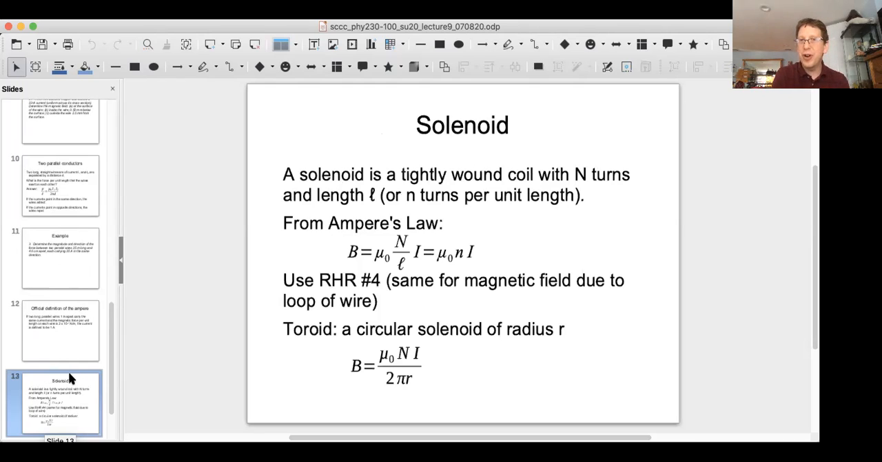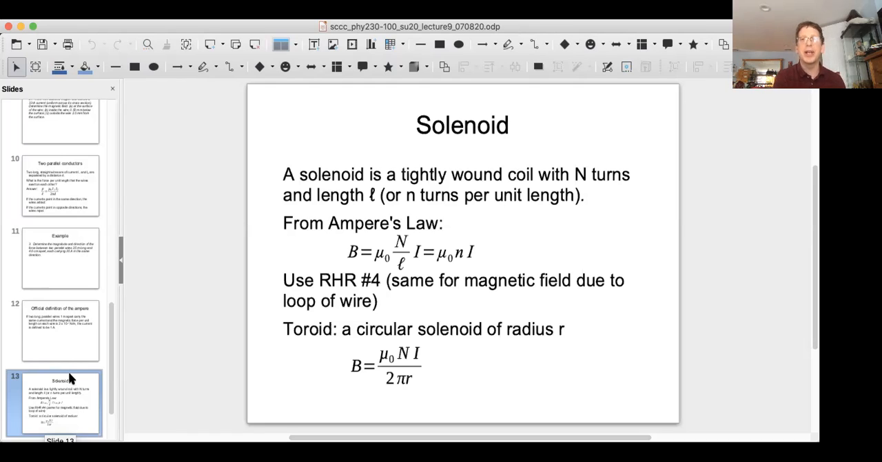And the last thing we're going to talk about in this chapter is the solenoid. The solenoid is a tightly wound coil of wire with capital N turns and a length L. So think a cylinder with capital N turns and a length L, or small n turns per unit length. You can write it either way. And so the magnetic field, and you can figure this out from Ampere's law,